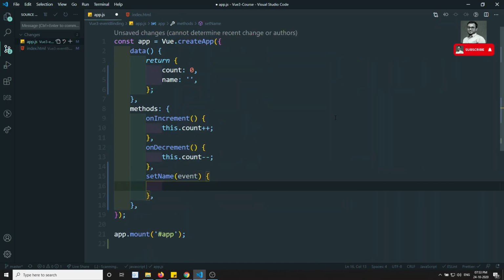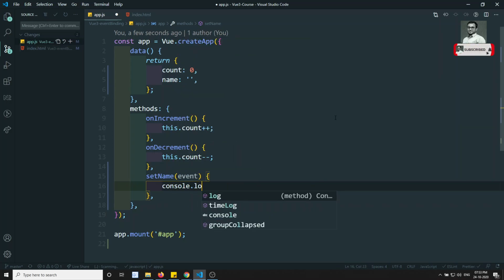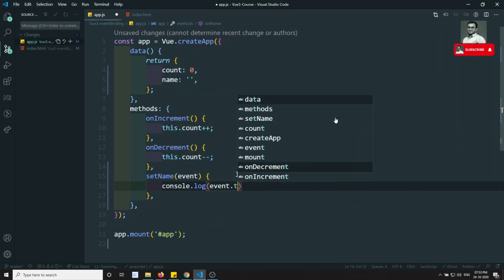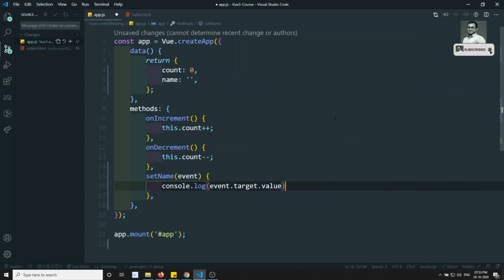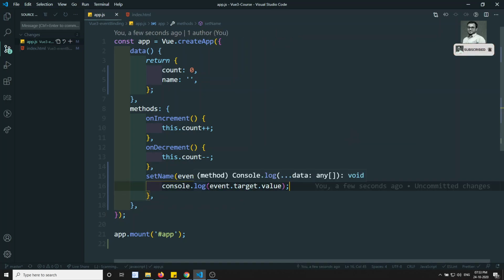Same like that in Angular, how you will be sending the $event will be there, right? So in the same scenario, you will be getting the event also. This is the native event property only. Now in this event, you will be able to see event.target.value. So these are all the JavaScript event methods only. If you want to get the data, you need to write event.target.value.